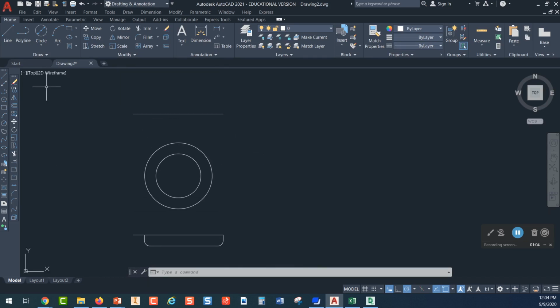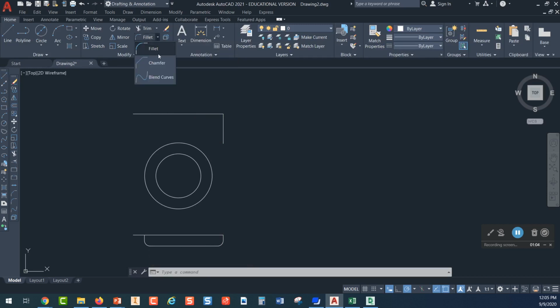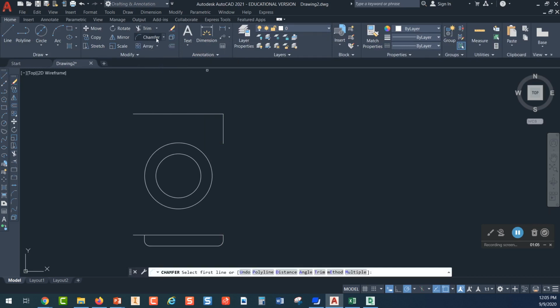The other thing I wanted to show you guys today, because you're going to be using it in a project, is if I go up to the fillet command and I pick on the down arrow next to it, its partner command is chamfer, which is an angled corner. So if I pick on chamfer, it replaces fillet with a chamfer. If I need fillet again, I've got to pick on the down arrow and pick fillet. But when I pick on chamfer, and then I look down here on the command line, it says distance. If I pick on distance,